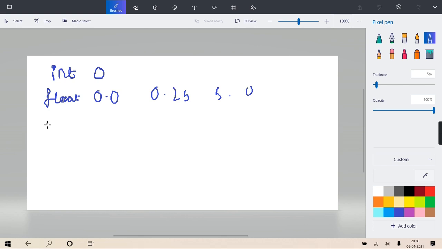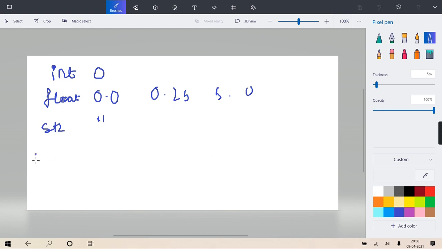Getting? Then in case of string, empty string, means you're understanding, no? String with length 0, also called a null string or empty string. Getting or no? Single quote or double quote, nothing is there in that string. It's an empty string, 0 length string. False. All other strings are true.